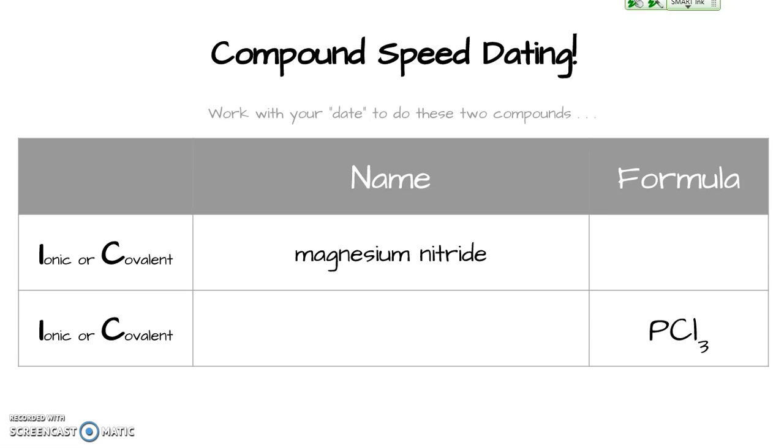Come on back. So, magnesium. Magnesium is a metal. That means this is an ionic compound, and we have to think about charges. It's with nitrogen here. So, magnesium, being an alkaline earth metal, forms ions with a +2 charge. Looking on your periodic table, what